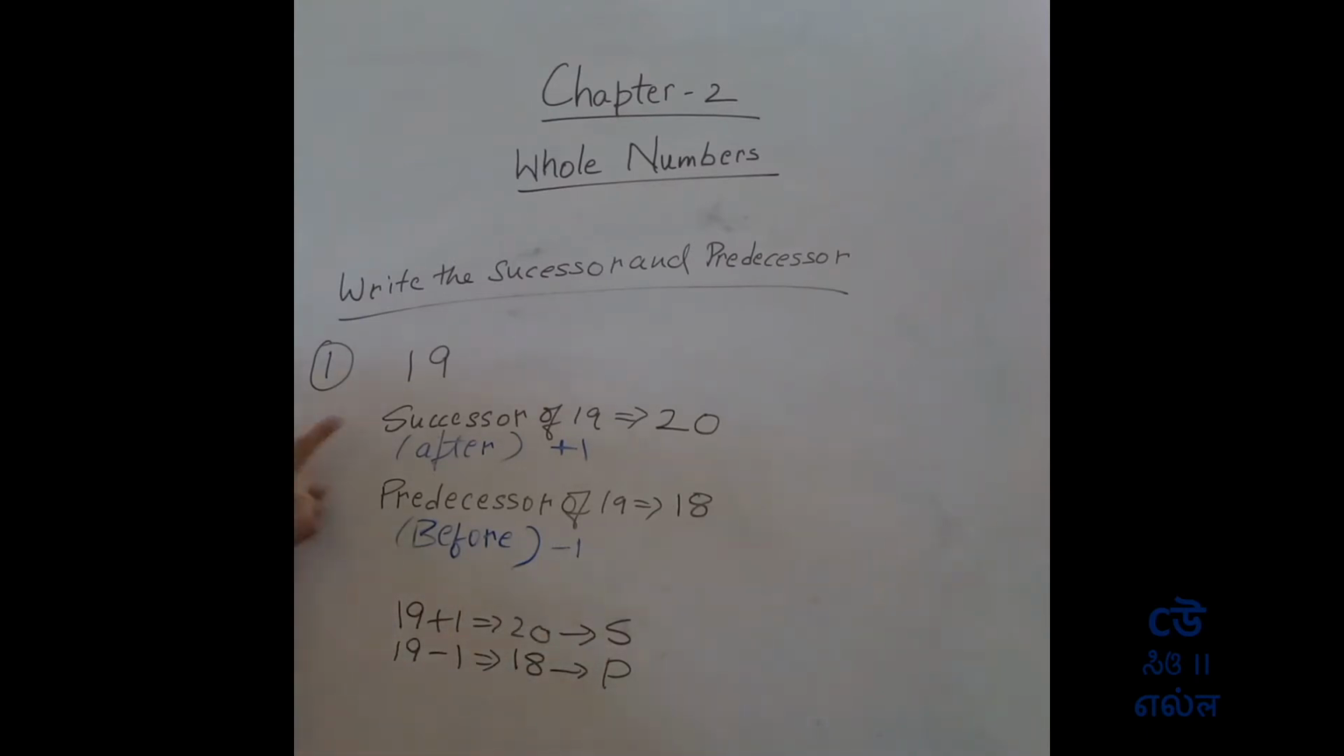So if you know the numbers properly, if you know after numbers and before numbers, you can directly write the answer. Successor of 19 is after number, so 19 after is 20, you can directly write it. If you have difficulty in finding that, you can add 1 for successor and find the answer. Okay. Next,